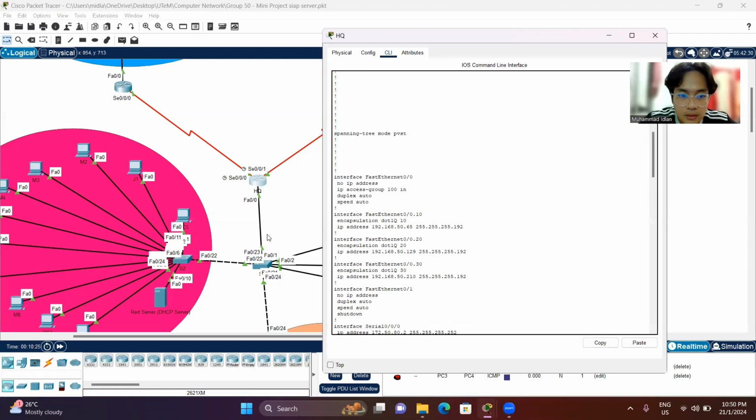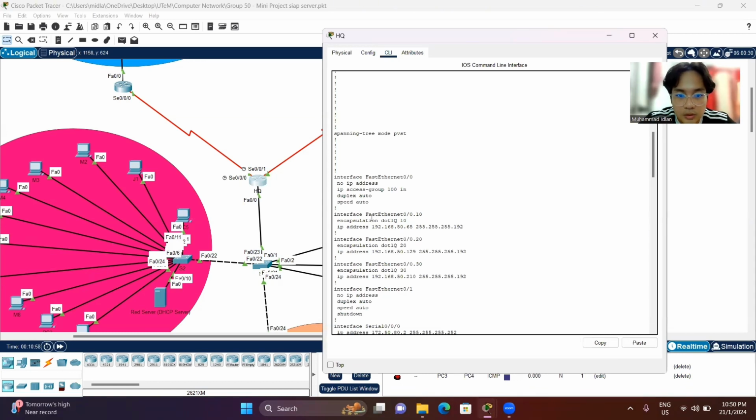Okay. So as we all know, each network has its own respective VLAN. So for the interface, FastEthernet 0/0 will be using encapsulation dot1Q. Encapsulation dot1Q is used to encapsulate the frame so it is able to be transmitted to another switch. So we will put their respective VLAN tag, which is 10, so it is able to separate from another